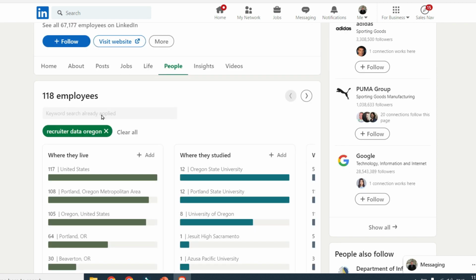So you need to play around with different searches here to find the exact people that you want to connect with. Remember, the names of the people that you would be looking for and searching for are recruitment, recruitment manager, recruiter, talent acquisition, and HR or human resources. So try all of those keywords. Try the city that you're targeting and also some other keywords like the department that they would work in.